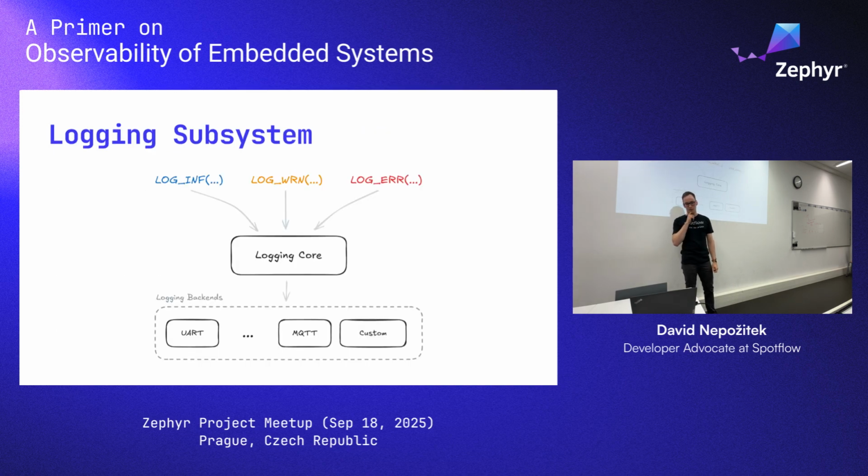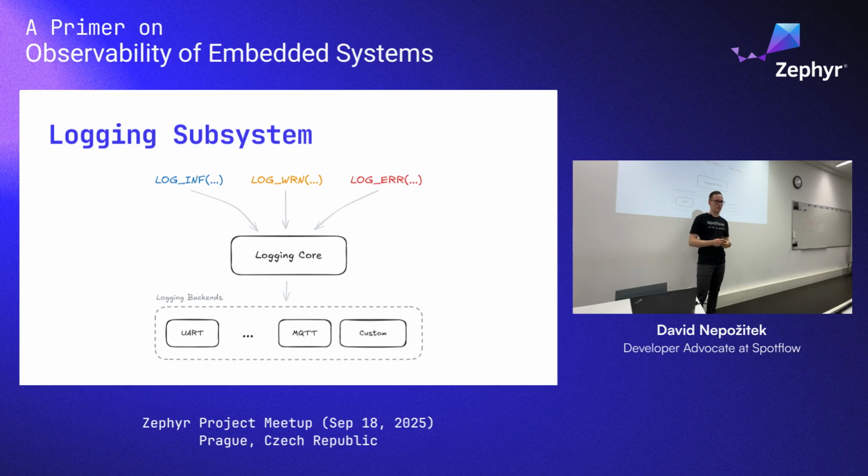Let's take a look in a bit more detail at the first three parts. So you probably know how logging works in Zephyr, at least loosely. So we've got some logging macros like log information, log warnings, log errors. This is the logging front end, which is very lightweight. It basically just passes data to the logging core, which then routes the data to logging backends. You can use several logging backends at one time, and